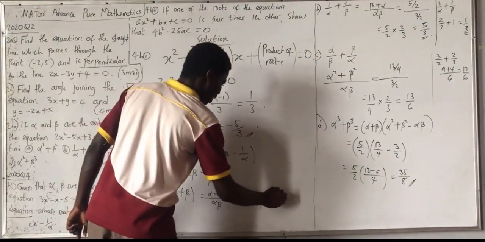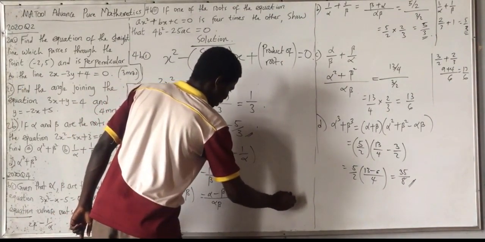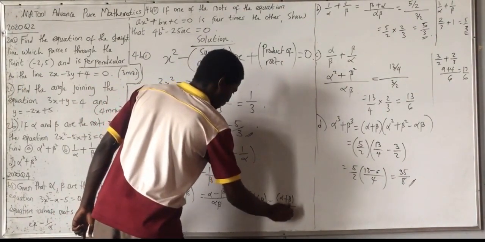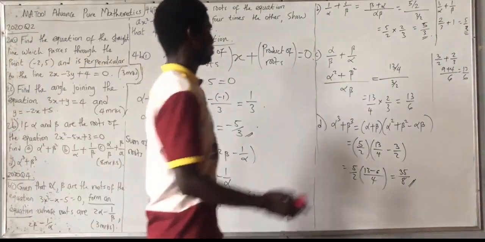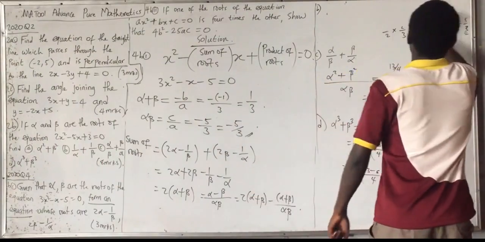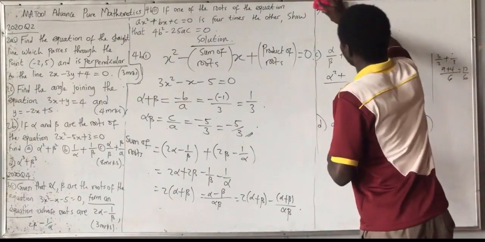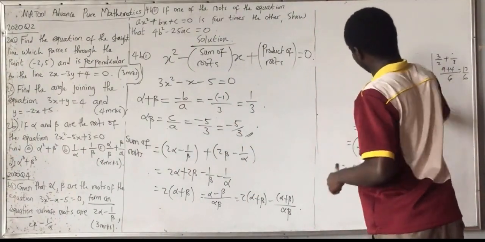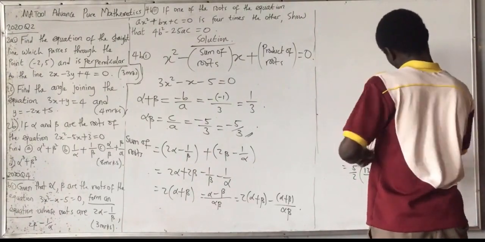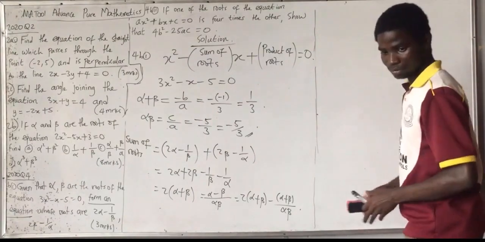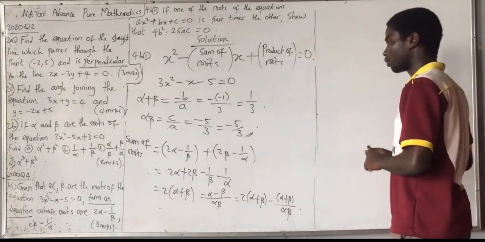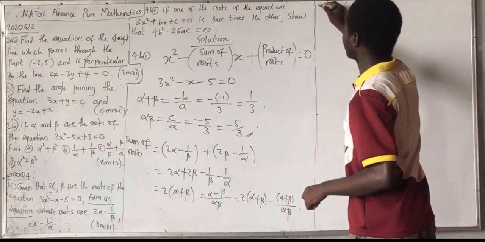You can bring out the minus so that you'll be left with alpha plus beta over alpha beta, as you can see in what I have written down. So, sum of roots